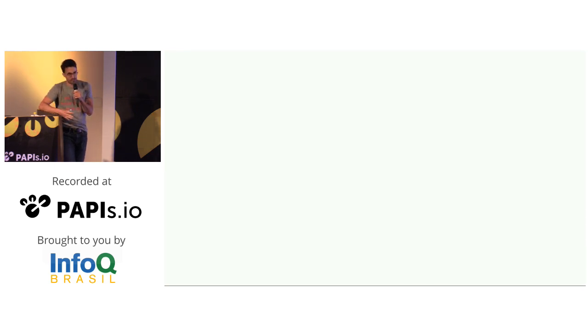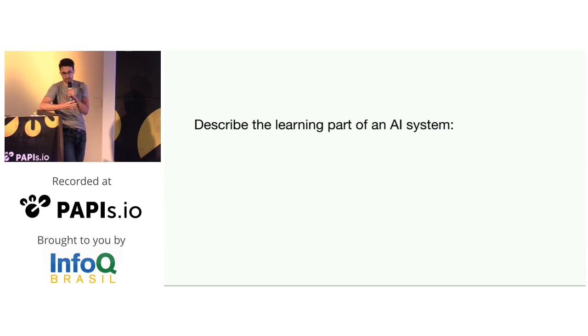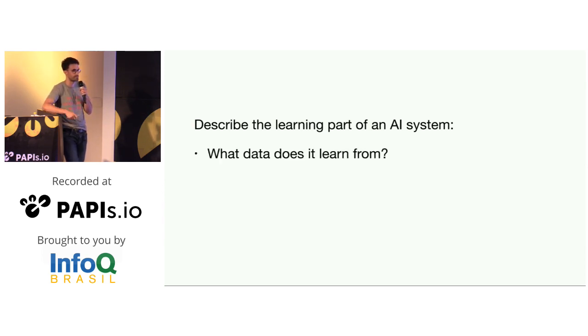But anyways, machine learning canvas. The idea of the canvas, and you might have heard of other types of canvases like the business model canvas, this is not really connected. I mean, there might be some similarities, but the idea of a canvas is just to represent things in space in a way that makes sense, so that instead of having a long document, a long Word file, you would have a visual chart that would make it easier to navigate a certain amount of information about machine learning systems. So the idea is to describe machine learning systems or AI systems, and specifically, we don't want to describe everything about them. We want to describe the learning bits.